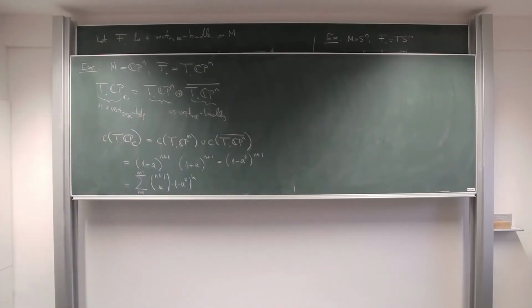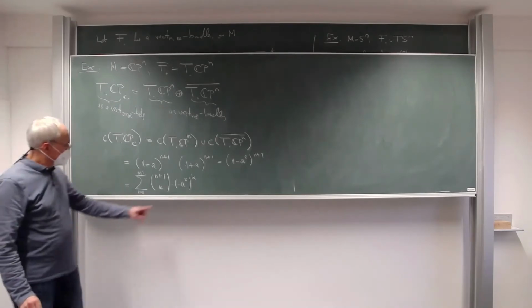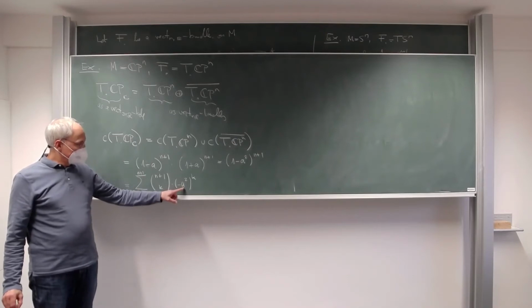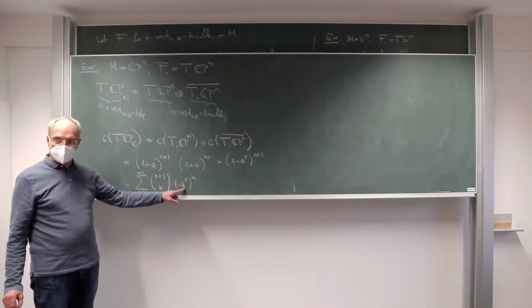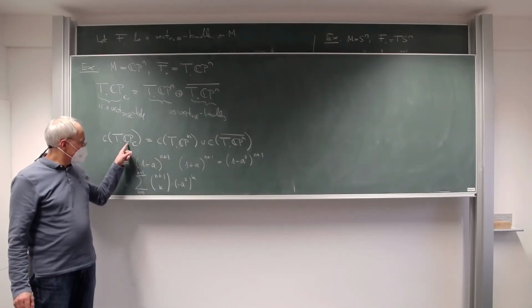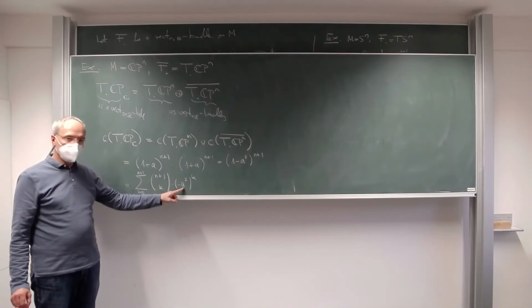Right? But now let's see. The maximal power that can actually occur is the one when the degree is equal to the dimension of the manifold. The complex dimension is n, the real dimension is 2n, a has degree 2,